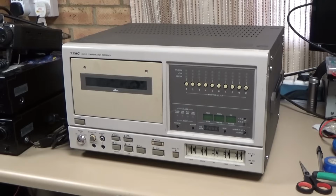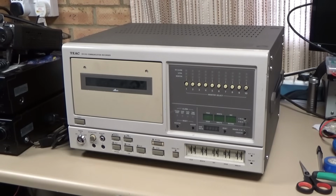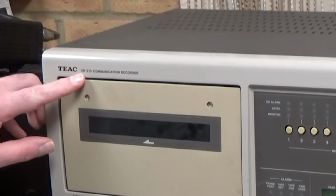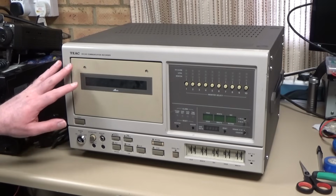I often browse eBay and similar selling sites, not looking for anything in particular, but just to see if there's anything interesting on there. And I was having one of these browsing sessions a couple of weeks ago, and I came across this thing for sale in the US. It's a TEAC CR-310 10-channel communications recorder, and the thing that piqued my interest in this item particularly was that